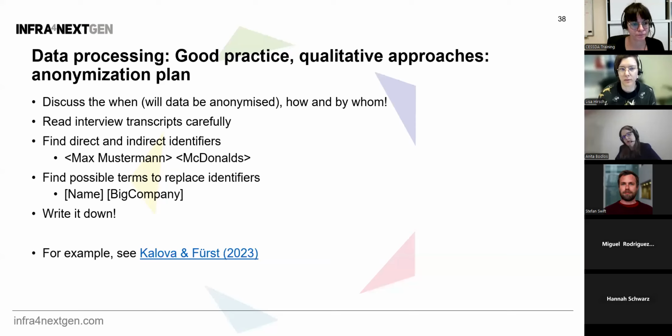The next step would be reading the interviews very carefully and then finding direct and indirect identifiers. Direct identifiers could be a name, indirect identifiers could be the name of a company. And then it's essential to set up guidelines for how to replace these identifiers. One possible way is to replace them with placeholders, so to replace Max Mustermann with name and replace McDonald's with big company. There are other approaches which